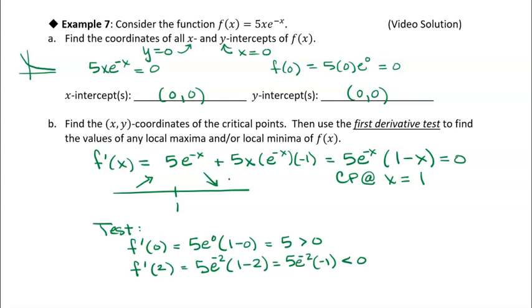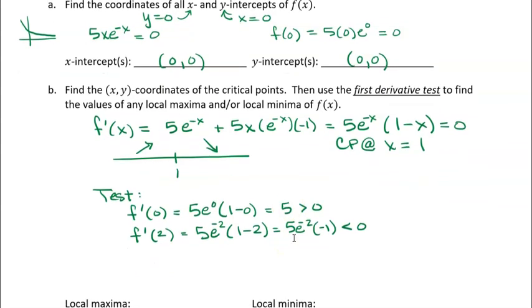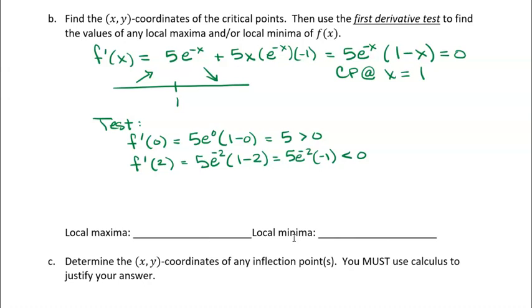Now the first derivative test tells me that we have a local maximum at that point. So let me scroll down a little bit. So we get a local maximum when x is equal to 1. Now we're also asked for the